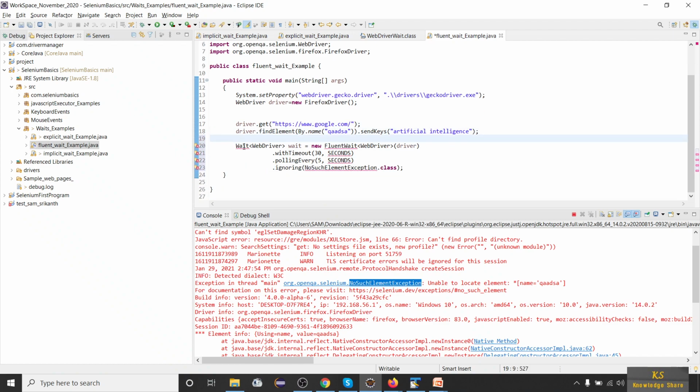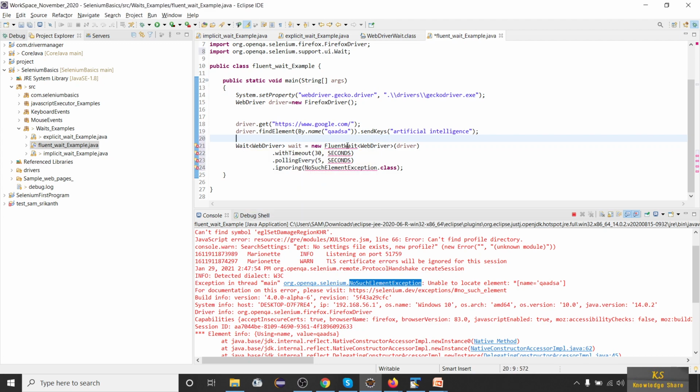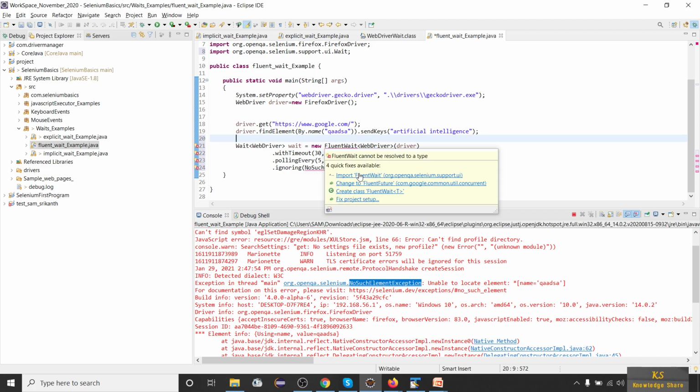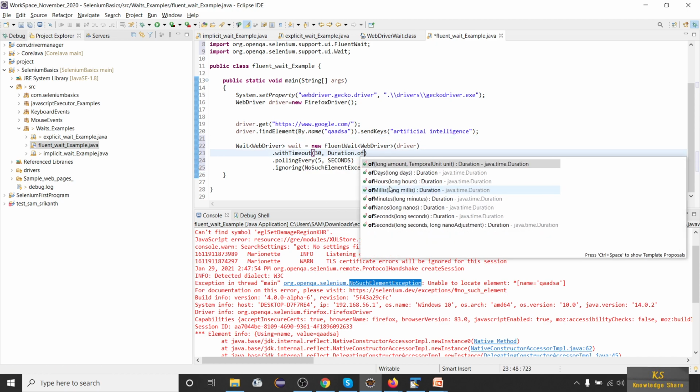Let's import this Wait. You have to import Wait from org.openqa.selenium.support and then FluentWait as well from selenium.support.ui. Then here you will be using Duration.ofSeconds. You can see Duration has many methods: seconds, nanos adjustments, minutes, milliseconds, and so on.